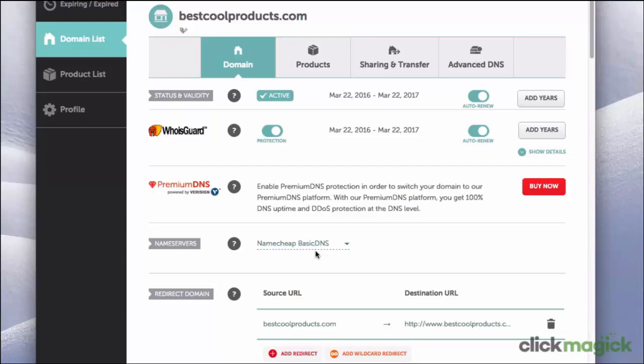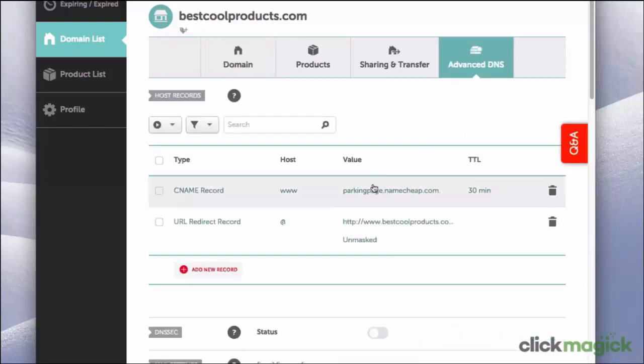In the Namecheap control panel, we need to click on the Advanced DNS button. These are the default DNS records when you set up a new Namecheap domain. I'm going to leave these alone for now. Those refer to bestcoolproducts.com and www.bestcoolproducts.com. I'm going to create a new subdomain that we'll use exclusively for tracking called